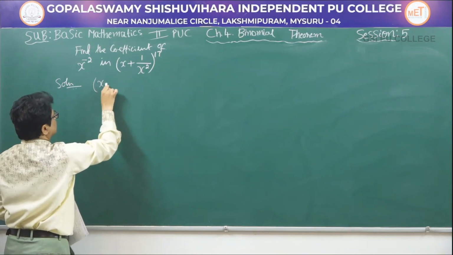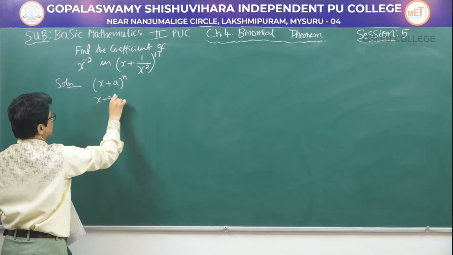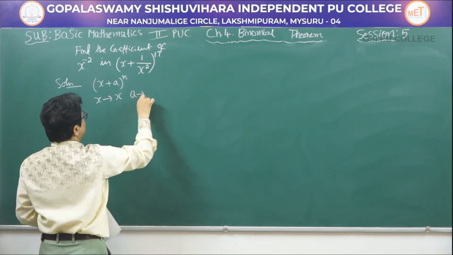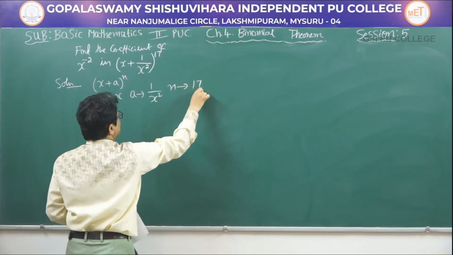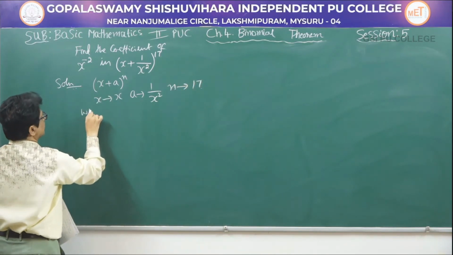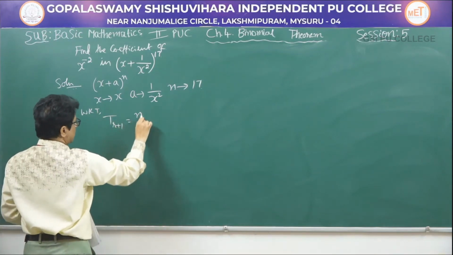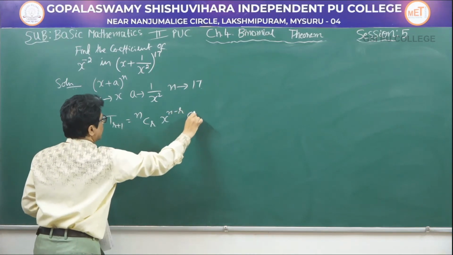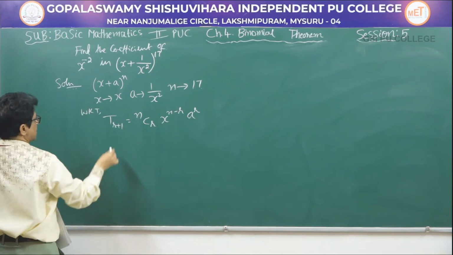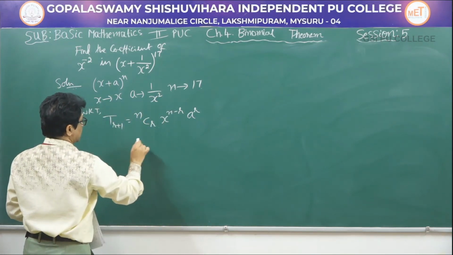Comparing the given problem with (x + a)^n, we get x is x and a is 1 by x^2 and n is 17. We know that T(r+1) is equal to nCr into x^(n-r) into a^r. So, substituting the values of x, a and n in the given general term,